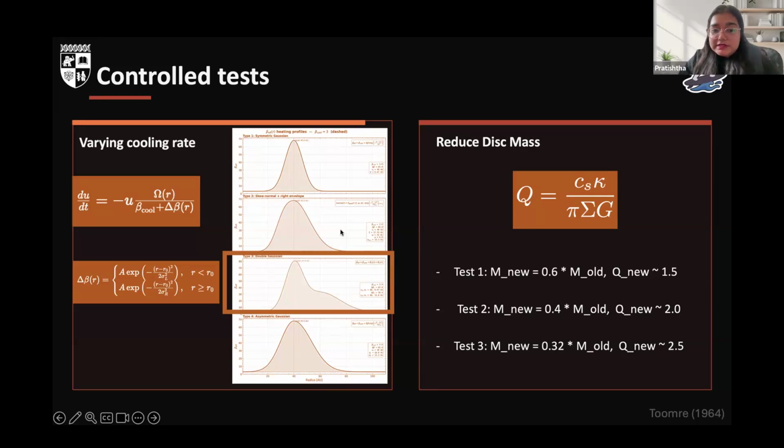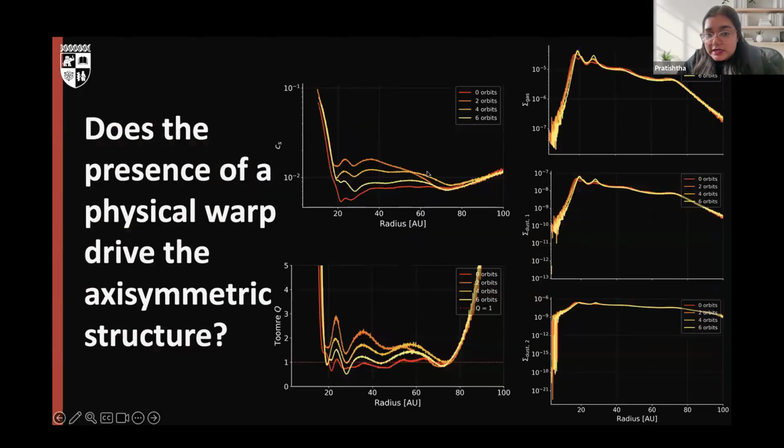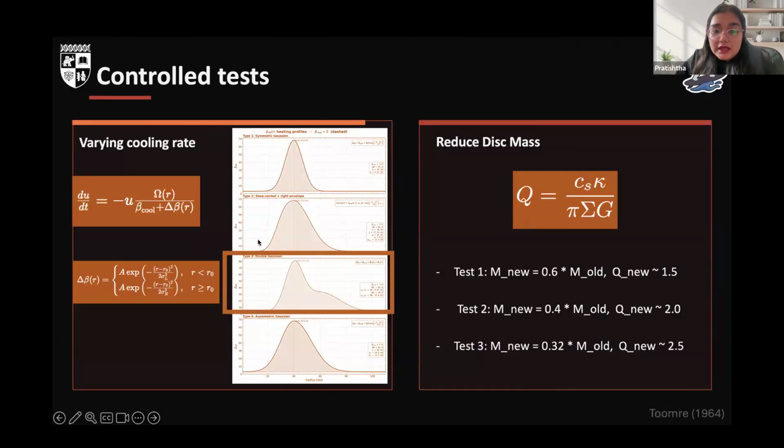And what we're basically trying to do by seeing all of these different heating profiles is see how close we can get to this heating that was introduced by the warp. Because when we're asking the question whether it's the physical warp or just the heating that's causing this change, we want to model the heating as close to the warp case as possible. And so we found that the double Gaussian case was the one that was closest to warp-like heating. And so in our first test, where we vary the cooling rate,